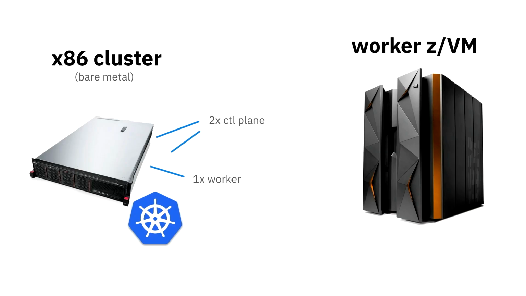All right, so the first scenario of putting Kubernetes on the mainframe that I want to show you is we have the control plane and one worker on a regular x86 cluster, and we want to join a worker on z/VM. And it's just vanilla Kubernetes. It's easy, right? After all, it's just another Linux machine: you install some packages on it, you enable some systemd units, and you join it to the cluster. Yes, actually it's surprisingly easy.